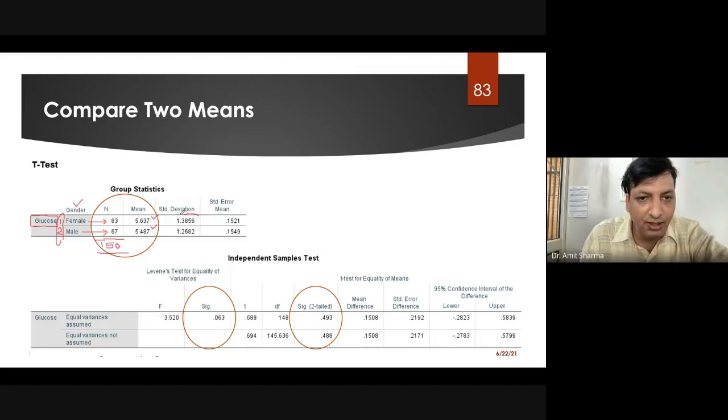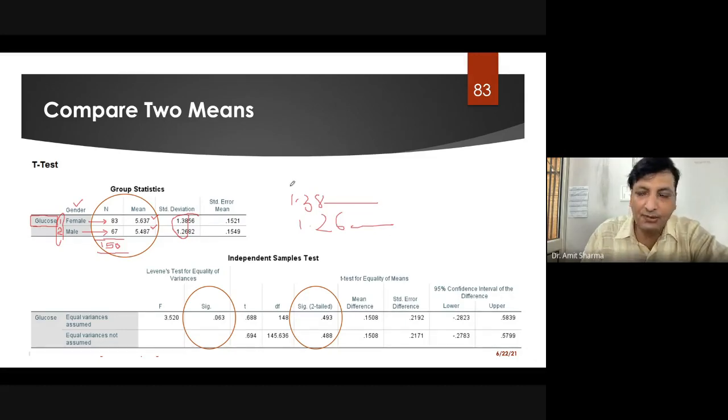Standard deviation we have got. So never write standard deviation beyond two decimals. So we'll take the data till here: 1.38 and 1.26. That's it. After that digit, whatever we get, we are not going to take for the thesis or from the research point of view. After the decimal, only two digits we are going to take. So standard error we don't require.